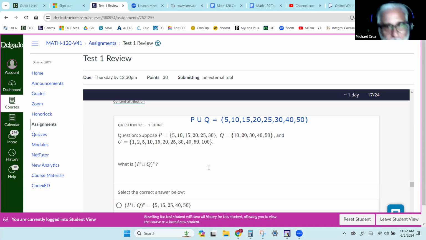So to find the complement, we are going to come over here into the universe and take those out. And everything that's left